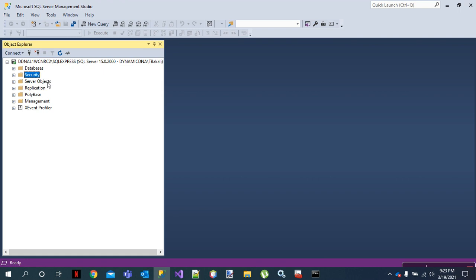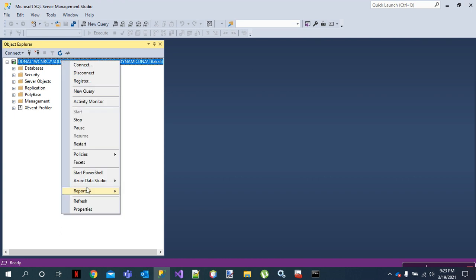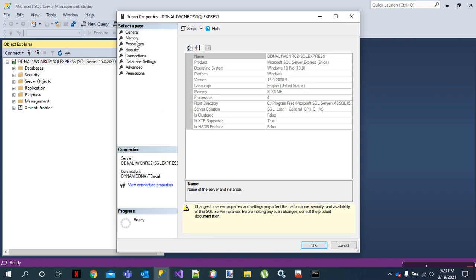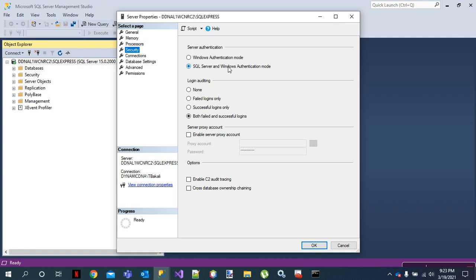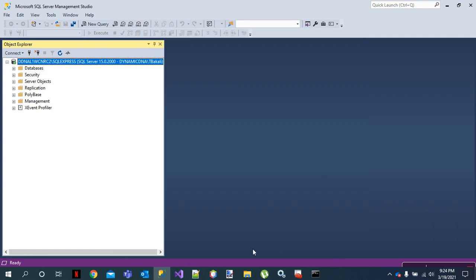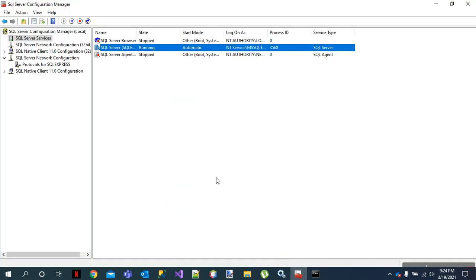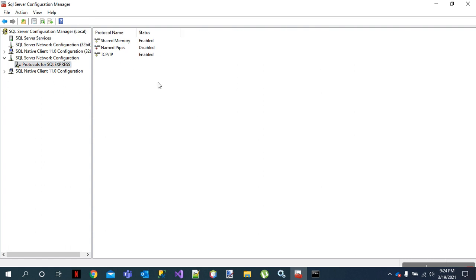So now let's just recap again. We set up here under security that SQL must also allow you to log in using SQL Server authentication, and also Windows authentication, right? After doing this, we went on and checked the server name and the computer name. From there, we also went and created a port, right? After creating the port, we came here and set up that port number under the SQL Express, and we already know our IP address, right? So here comes the moment of truth.